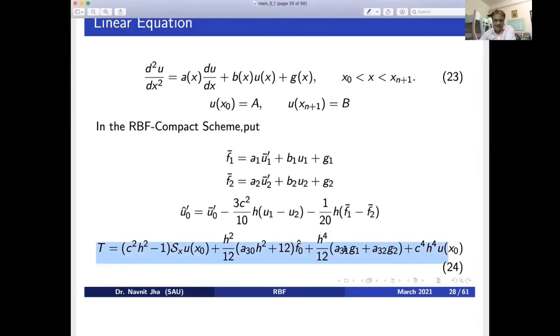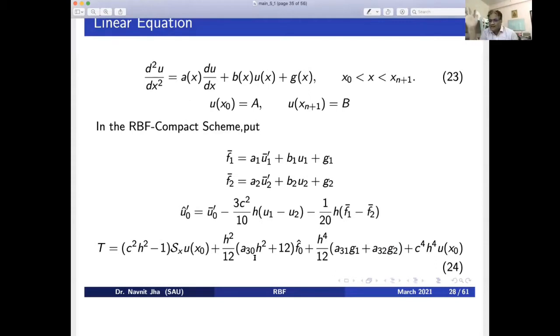Oh, sorry, here I have by mistake written G1. Please make a correction. Here it is F1 bar. Here it is F1 bar. Here it is F2 bar. Please make a correction. Here it is F1 bar, and this is F1 bar, and this is F2 bar. Here it is F naught cap as it is. This is correct. So this is the scheme for